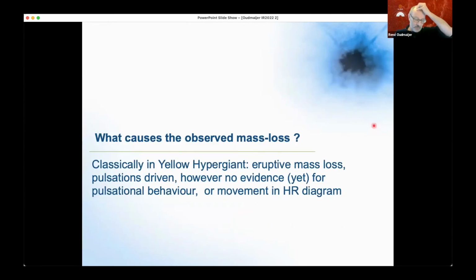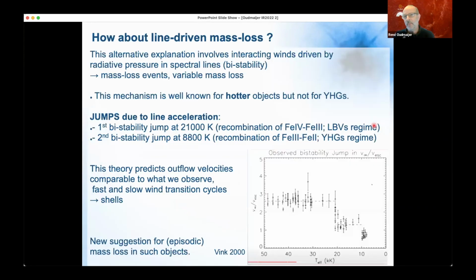Then my final 50 seconds are dedicated to speculating a little bit about how we get this variable mass loss. Previously, people have inferred pulsations of the star that would give you different burps. But the details of the mass loss process itself are not really clear. But here I'd like to